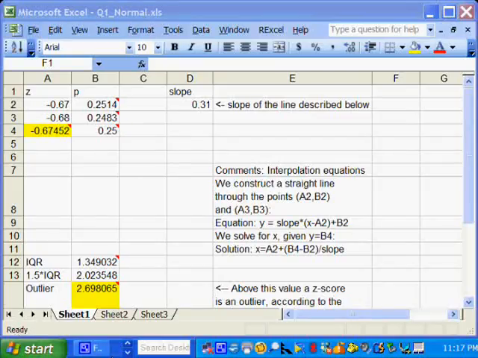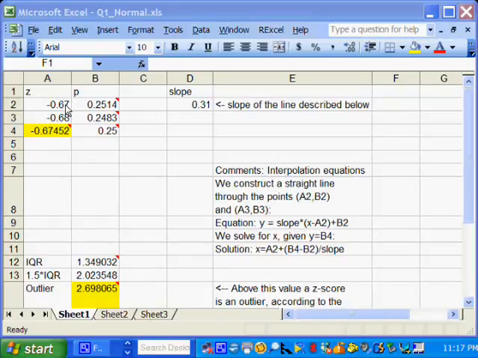In the current demonstration, we describe a spreadsheet which allows us to compute accurately the value of the first quartile of the normal distribution, and also how to compute the outliers of the normal distribution using the 1.5 times IQR rule. Let's begin with the values looked up in the tables